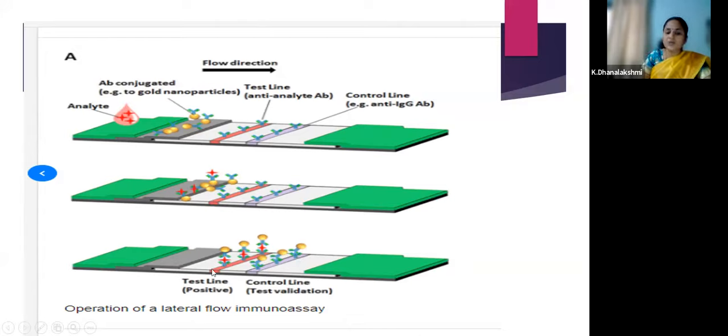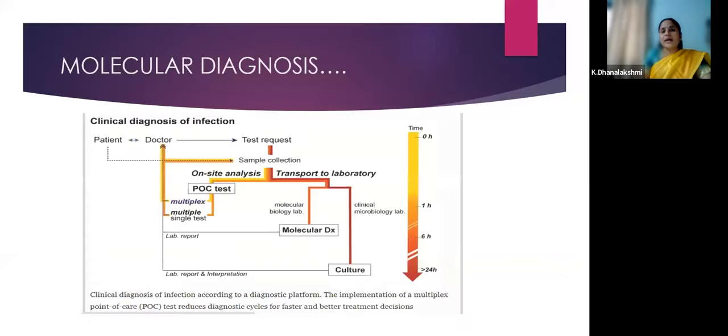If the analyte contains antigen, you have two colored lines. If the analyte has no antigen, only the control line is visible and you see only a single line. So this is the principle of most of the rapid tests. Another rapid diagnostic test commonly used is molecular diagnosis. The common example is TrueNAT or GeneXpert, which we are applying for COVID-19, and also it is popularly used in the diagnosis of TB.